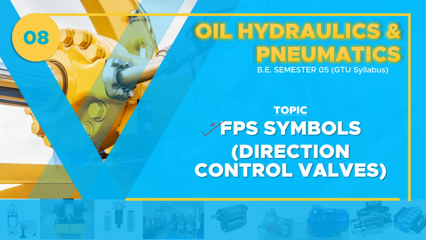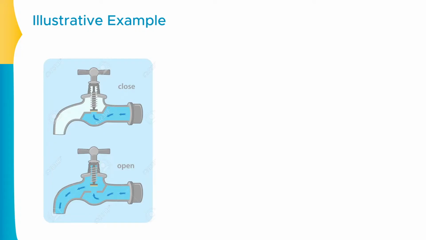So let us take one very basic example. Let me say there is one load available over here and I need to move this load towards the right or towards the left whenever required. For that, I have a plunger available over here, and this specific plunger is actually connected with the piston cylinder mechanism which is available over here.